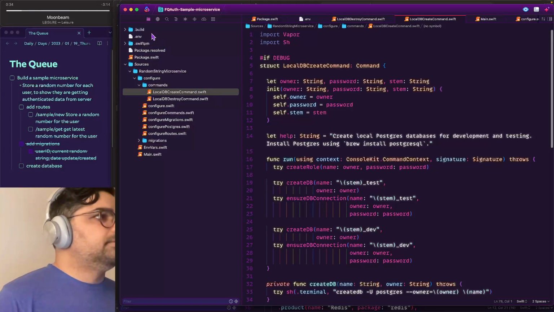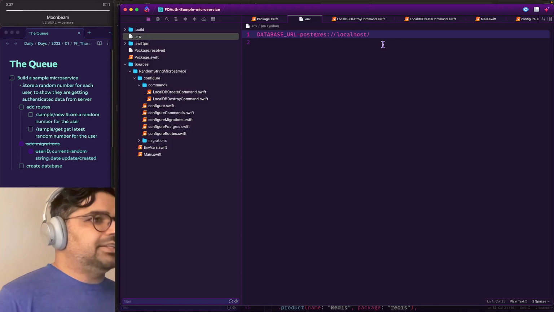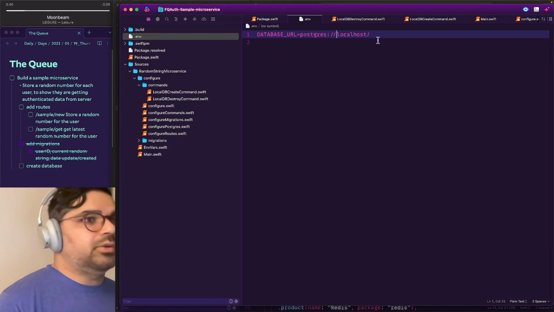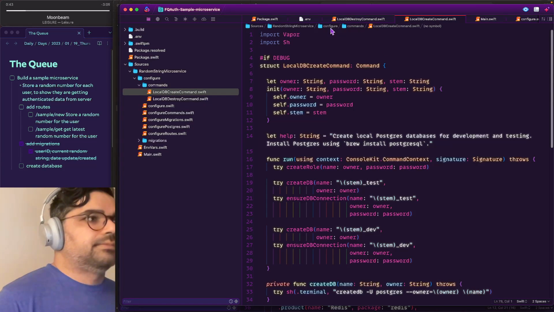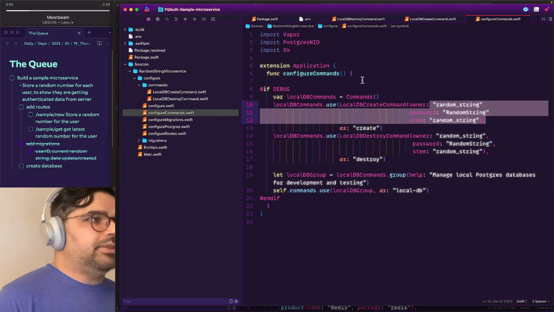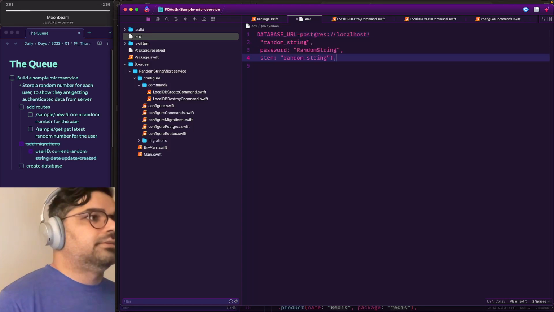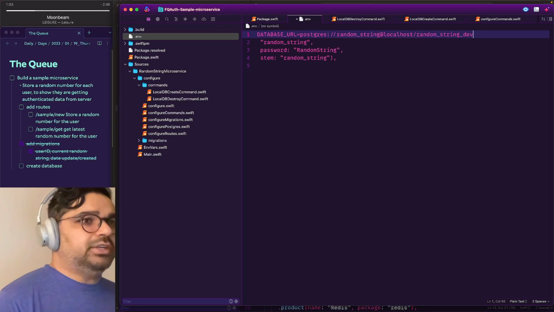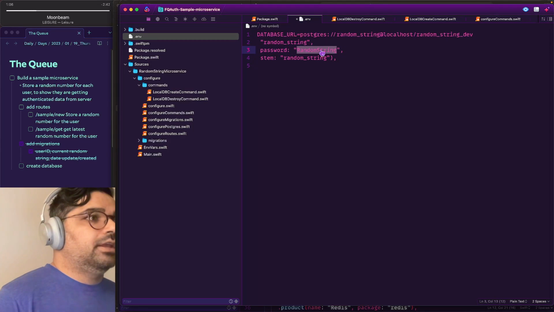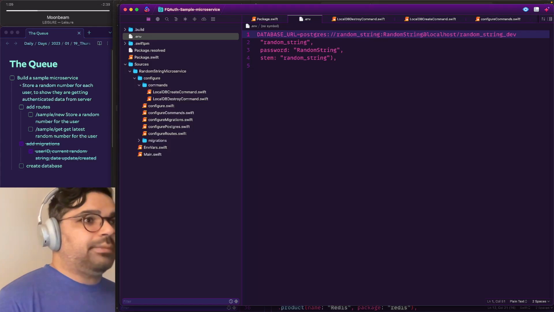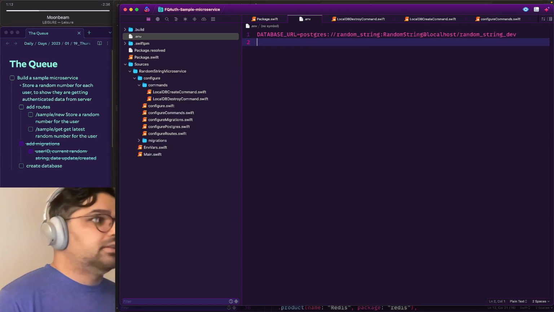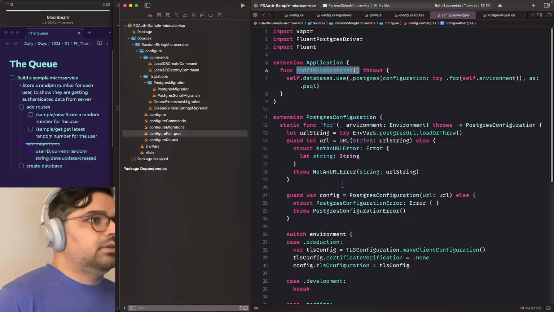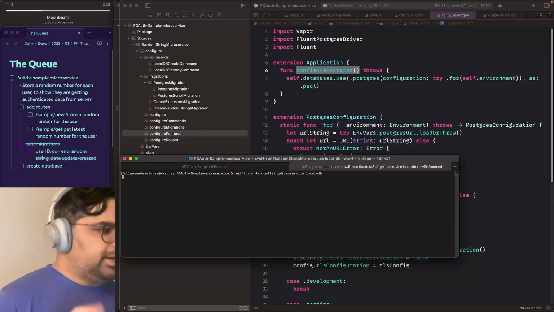Okay. Great, I just say localhost. Okay, so this was going to be, yeah, so let's copy this in. It's random string at localhost, and the database is random string dev. And the password is capitalized random string, because why not? So now if I run it again locally,